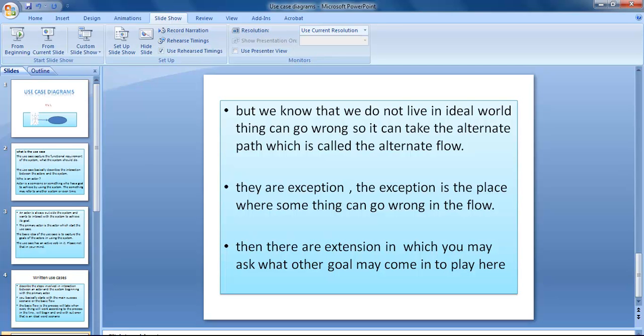It is something like when you go to a hotel and order dinner and someone says, okay, would you like to have a drink, sir? And you can say yes. That would be an extension of the service from the hotel or the restaurant where you have gone. Now let's move toward the real scenario of using the use case.